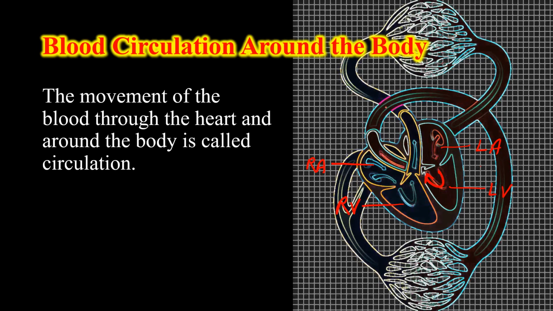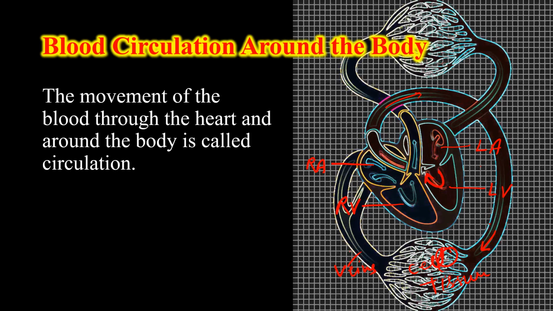And this oxygenated blood goes out into the different parts of our body and reaches the cells, where the oxygen present in the oxygenated blood is utilized by the cells and tissues present in different organs. And when this oxygen is utilized, the oxygen rich blood is converted into carbon dioxide rich blood, or we can say the oxygenated blood changes into deoxygenated blood.